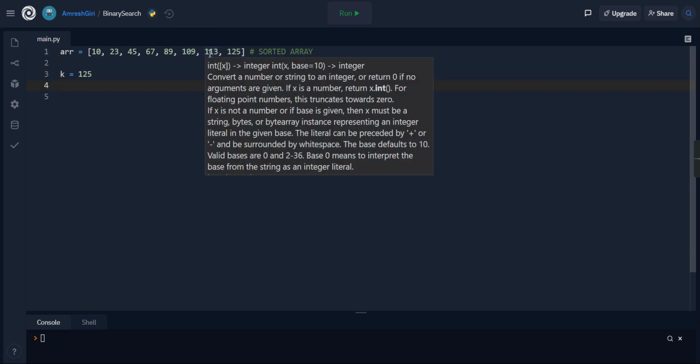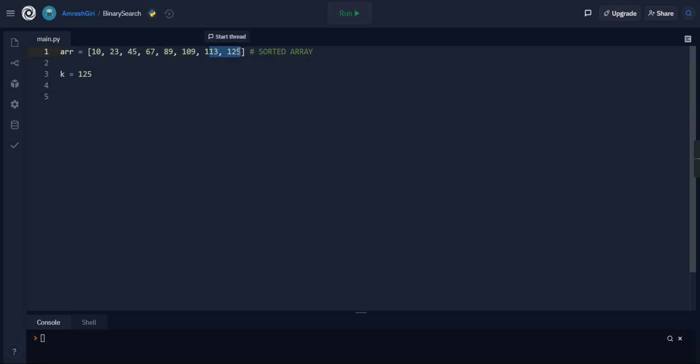So now we will look in the right, and we can clearly see that the element we are looking for is present at the last position, right? So after repeating that step, we finally get our element,